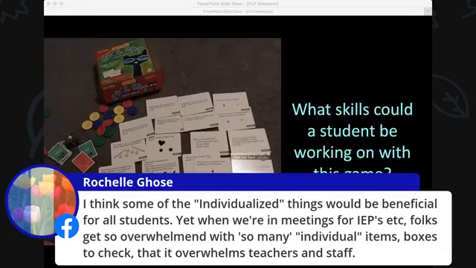Rochelle says, I think some of the individualized things would be beneficial for all students. Oh, exactly. Yet when we're in meetings for IEPs, etc., folks get so overwhelmed with so many individual items, boxes to check, that it overwhelms the teacher and staff. Yeah, and I think